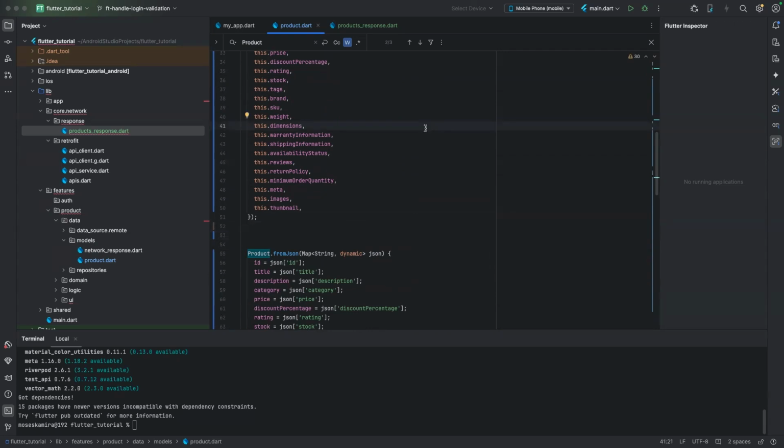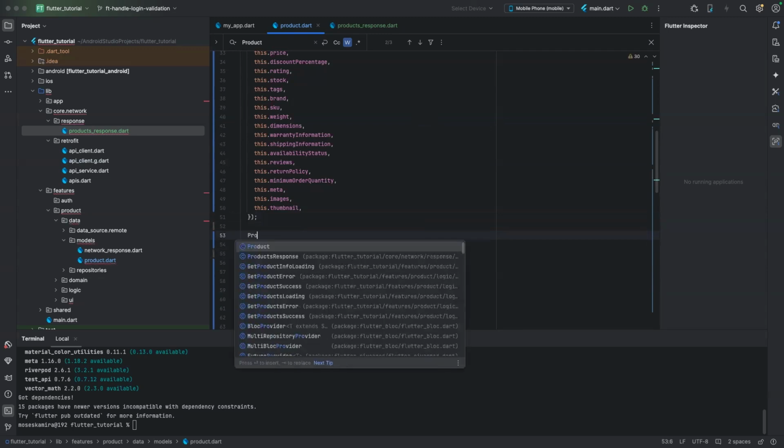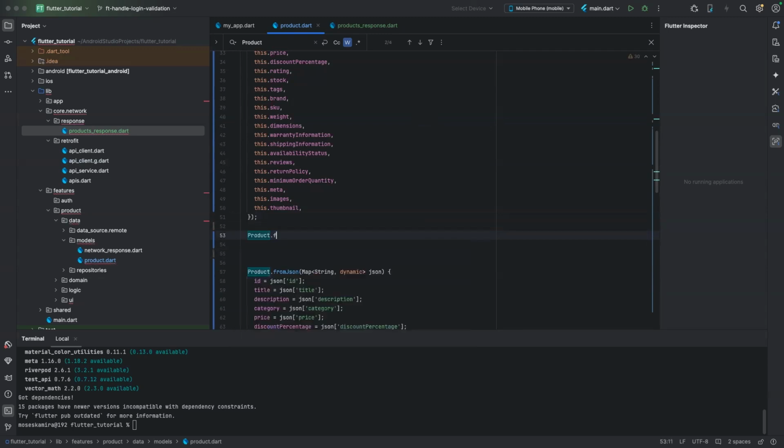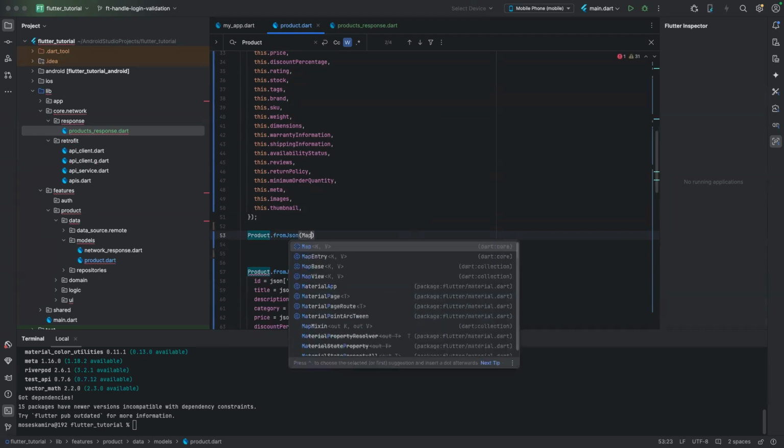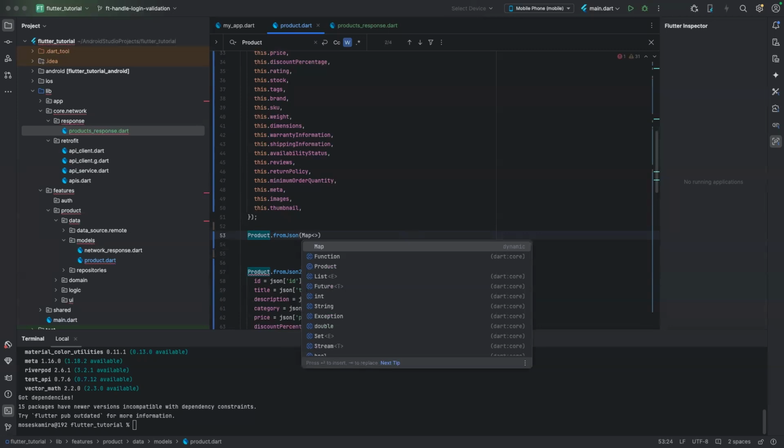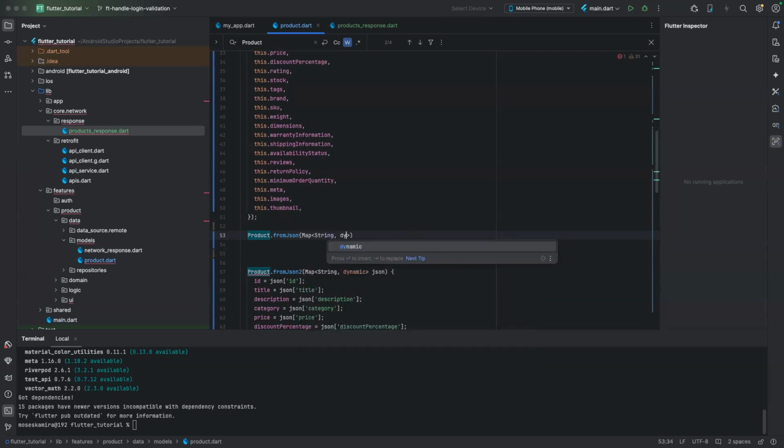Now let's try to write fromJson. We can say Product.fromJson. The JSON is a map of type: the keys are strings and the value is dynamic. It can be any data. So this is our JSON, and so you return, meaning that wherever Product.fromJson is called, it will return to us. We are telling it to generate for us a file with this name,